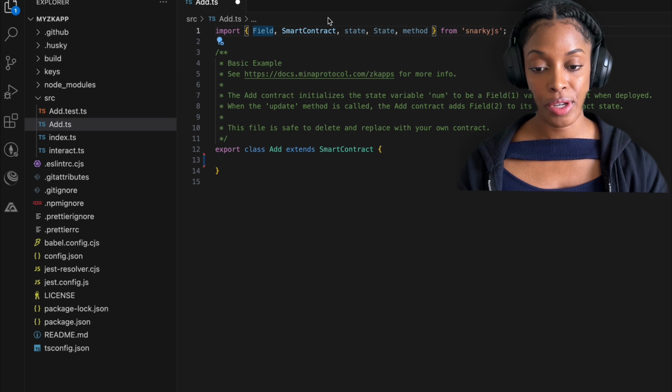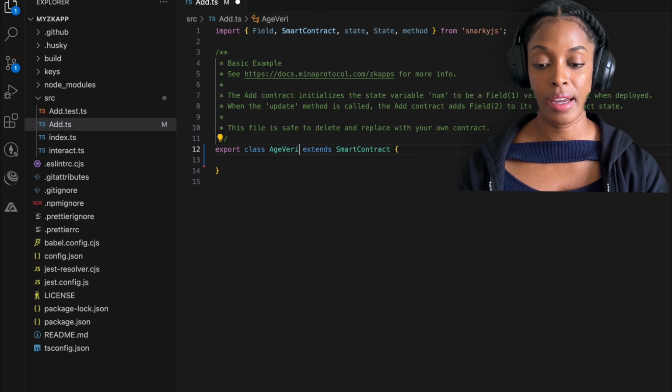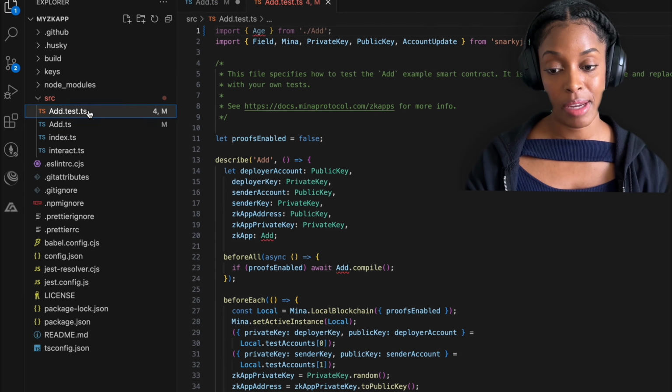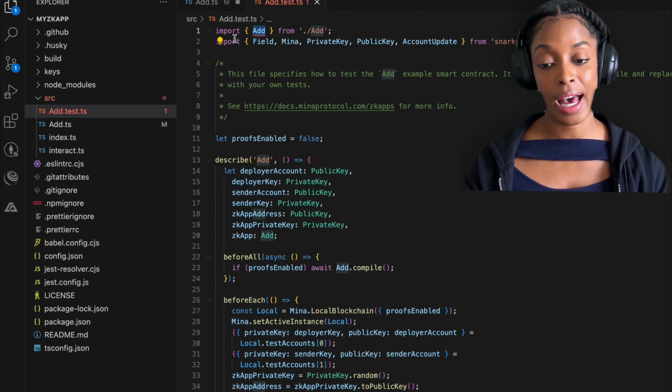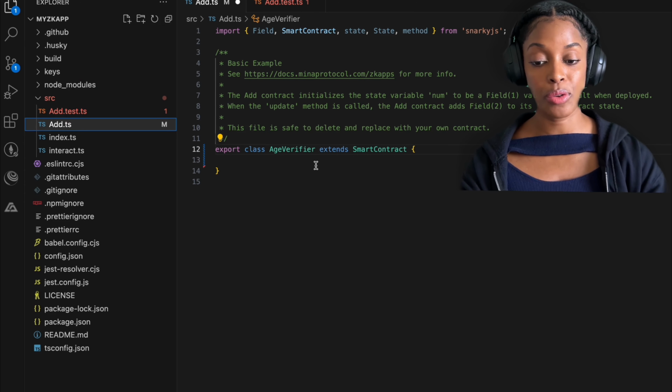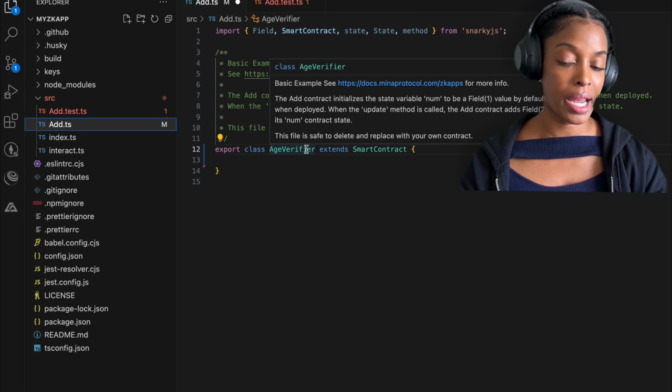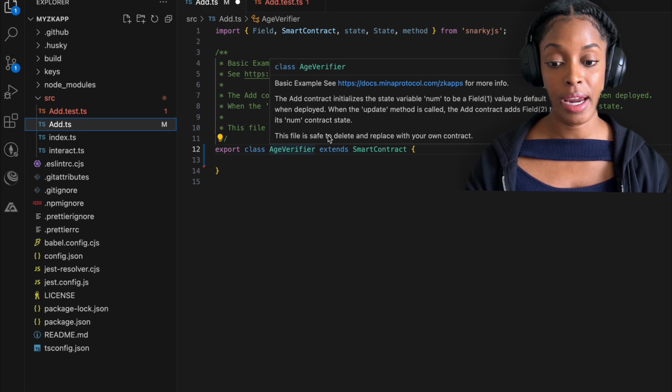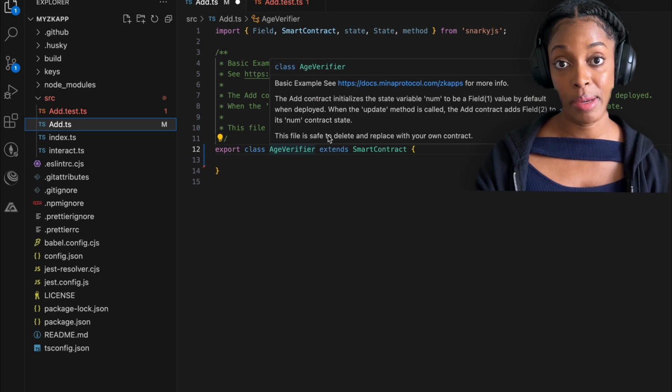I'll keep the imports for now because I may need them. And I'm going to call this AgeVerifier. Okay, so the reason why the test file is erroring is because it's expecting a smart contract called Add, but that doesn't exist yet. So I am just going to continue with this for now because we will not be compiling anytime soon. So this is where we will set up the smart contract that will be deployed on the blockchain